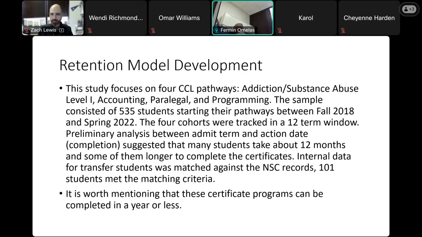So these were 4 cohorts, and while the SDP suggested, it was a suggestion, not something written in stone, that we look at 6 terms, we decided to look at 12 terms because